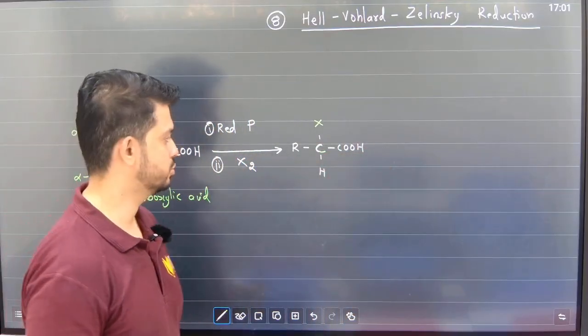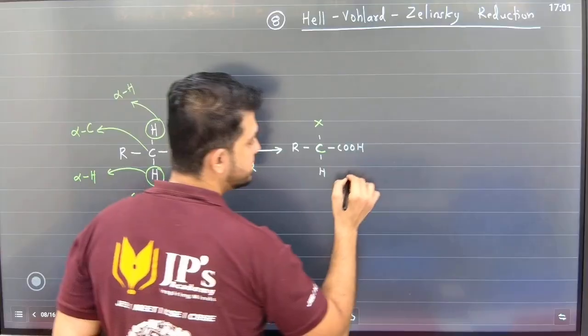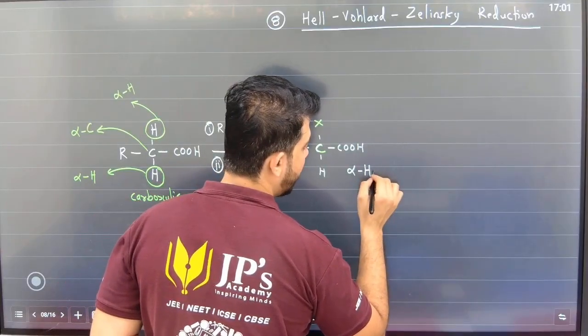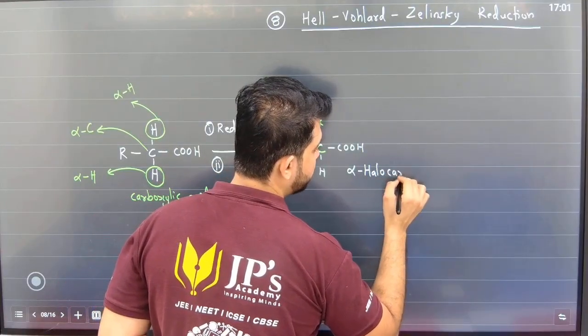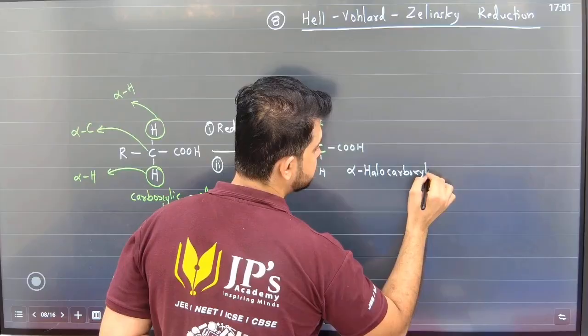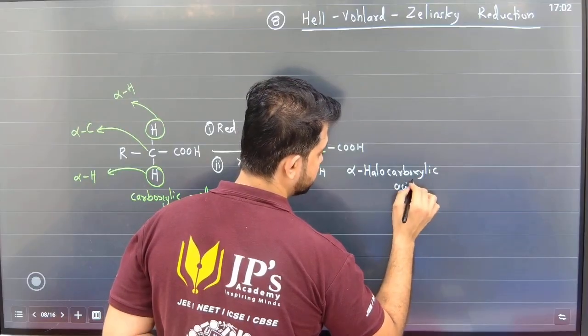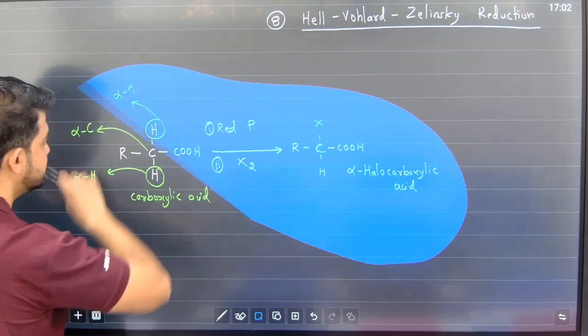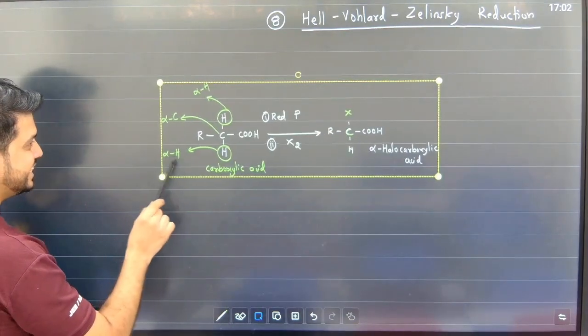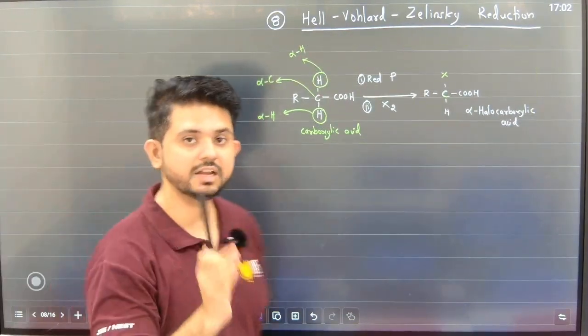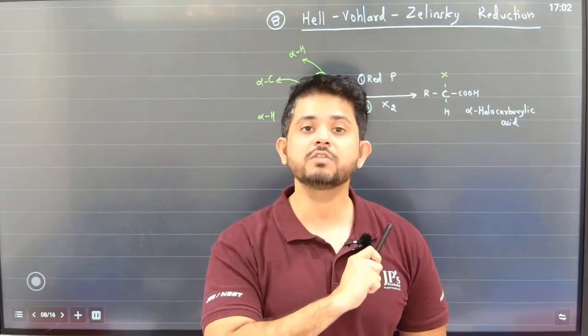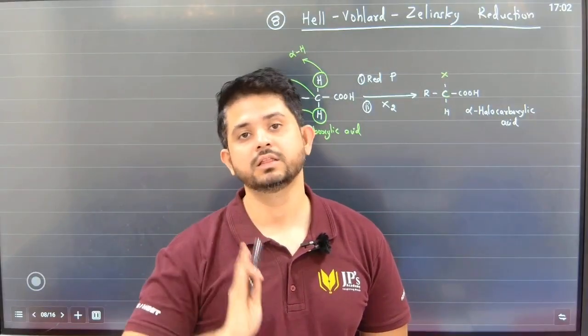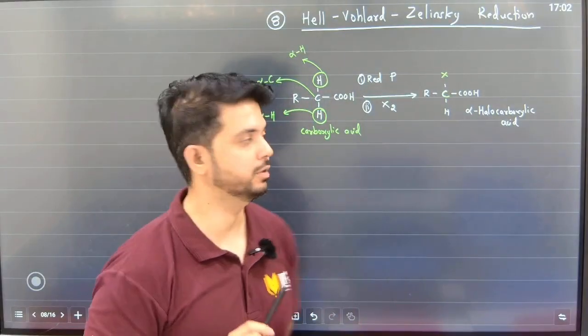This is the reaction, students. So what we have here is alpha halo carboxylic acid. Very important. Now, students, the thing is, if you take the reagent in excess, it will replace all the alpha hydrogens available. I repeat,